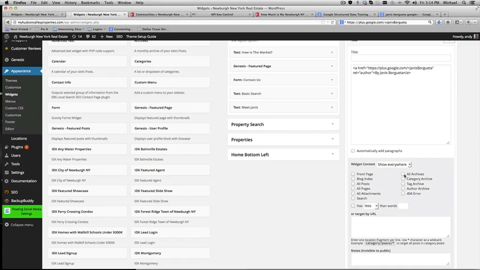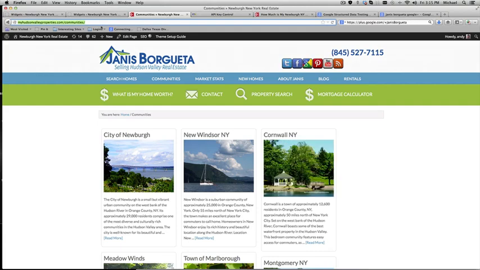So I'm going to get rid of, I don't want to show it on archives. That's just like blog pages and tag pages. I don't want to show her authorship there. I don't want to show it even on the author archive. That's a long story, but if you're a one author blog, you should do it on the author archive. You definitely don't want to show it on a 404 error. She's not the author of the 404 page. And then we don't want to show it on the communities page, right? So we just take that from the URL